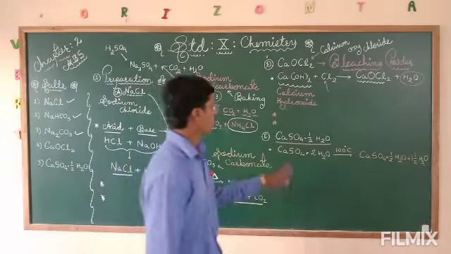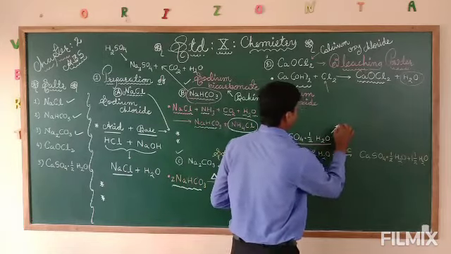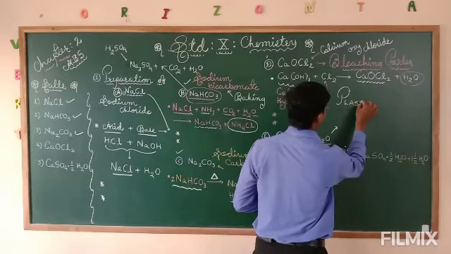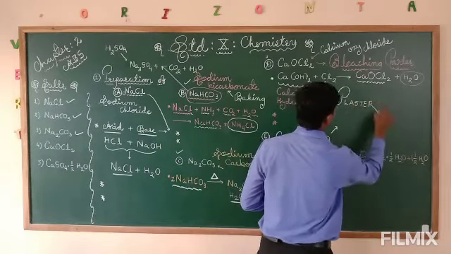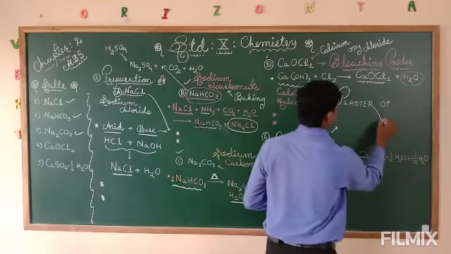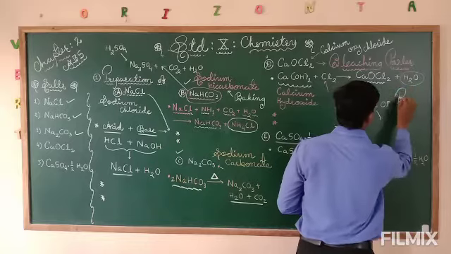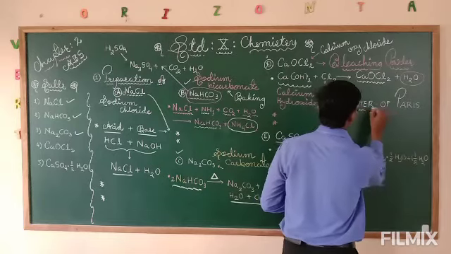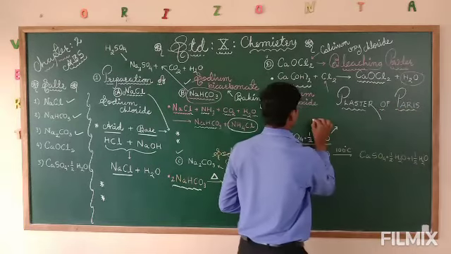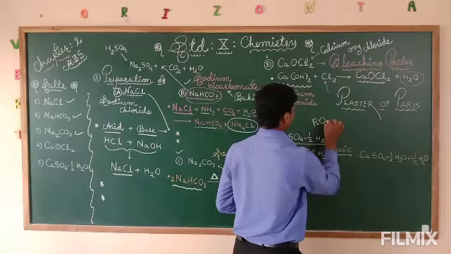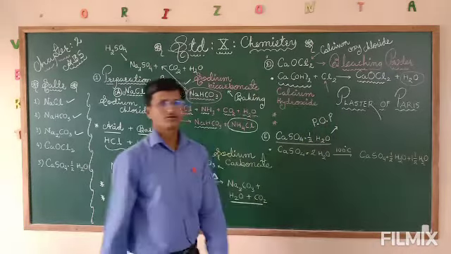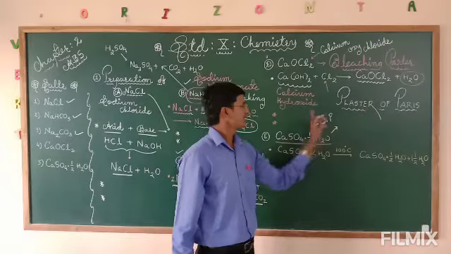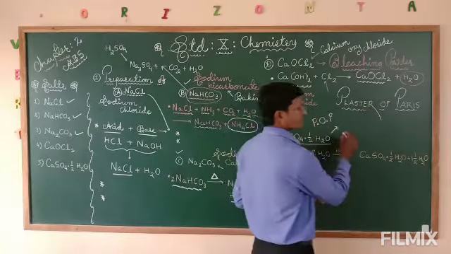It is generally called plaster of Paris, or we can say POP. So this is the common name of CaSO4 into half H2O, plaster of Paris, POP, and the chemical name is